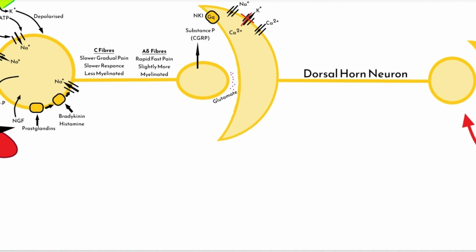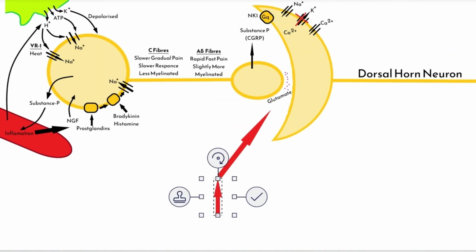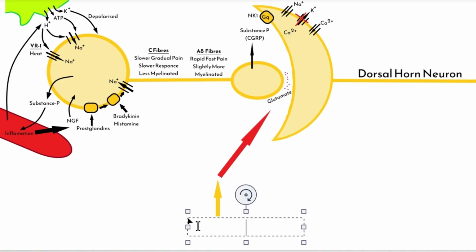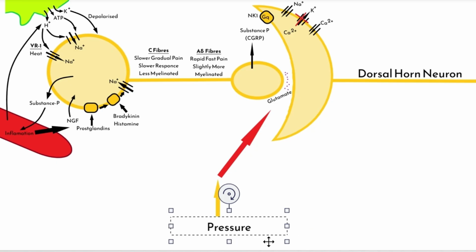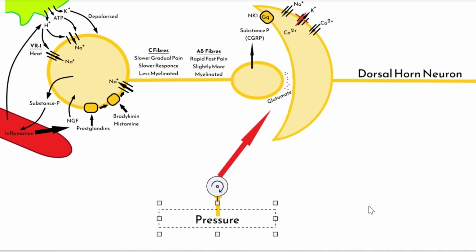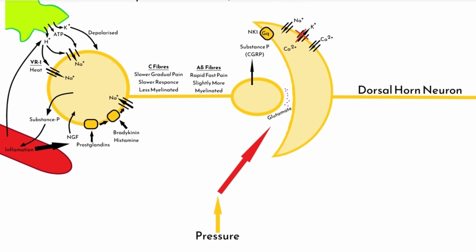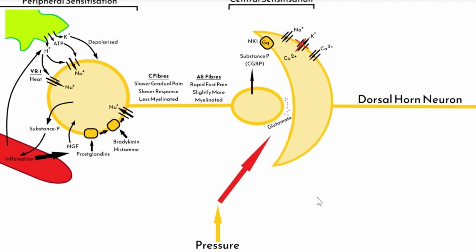Let's just use an arrow for this one. Probably makes more sense. So we've not yet discussed the effects of general sensory input, which is different from pain input. But by applying pressure or mechanoceptive force, we can decrease the amount of pain. That's just through your normal pressure receptors. They will feed into this central sensitization here and inhibit this synapse,